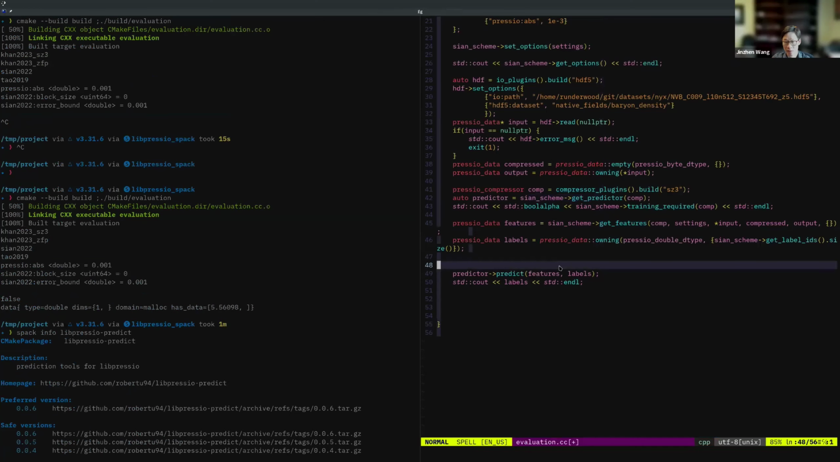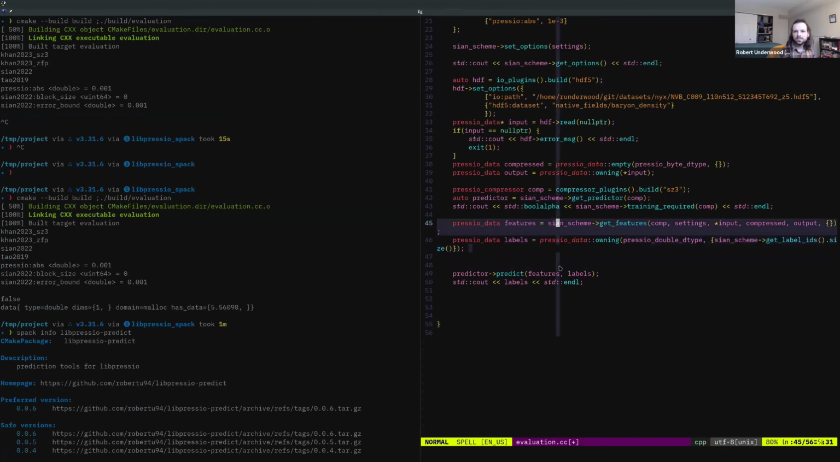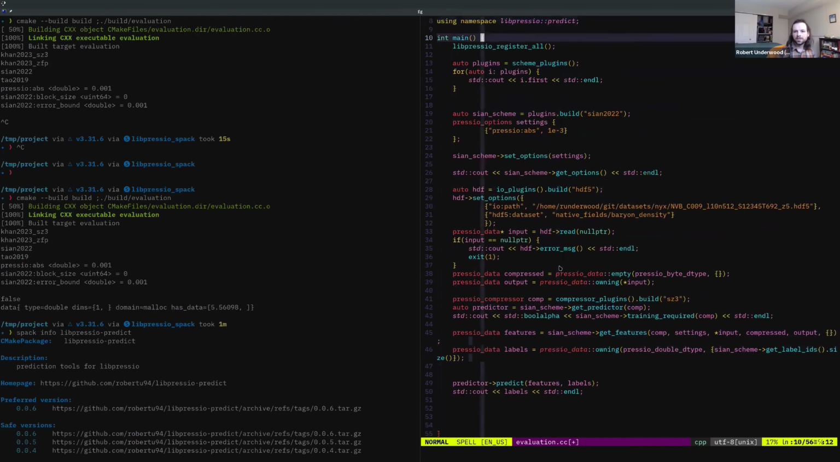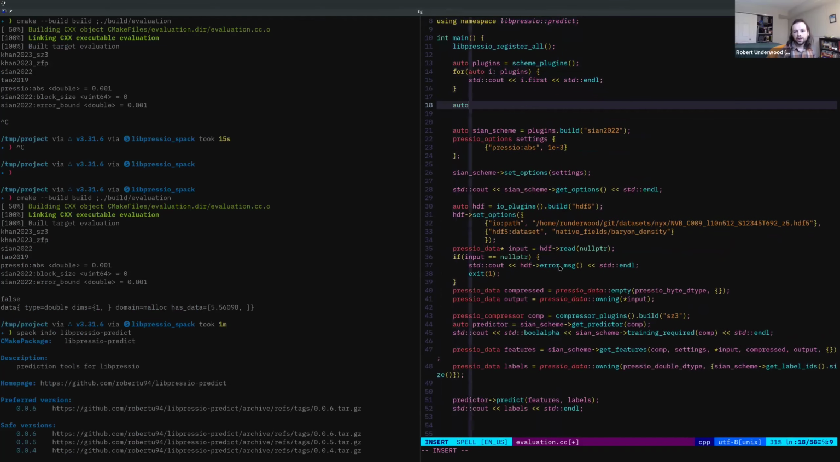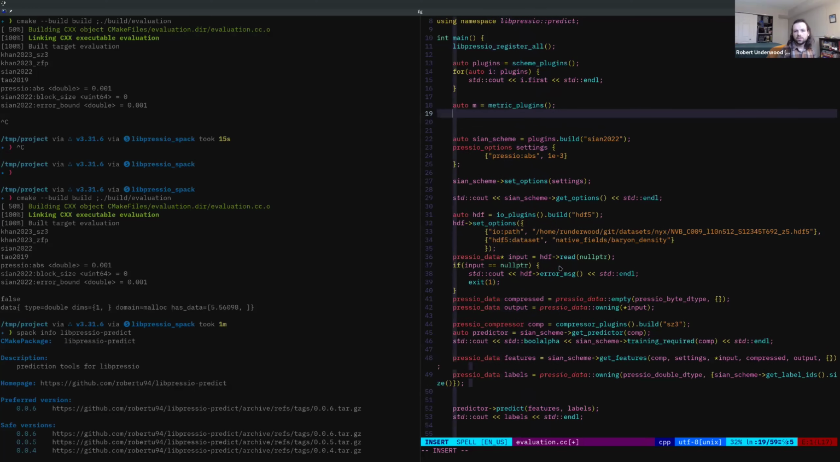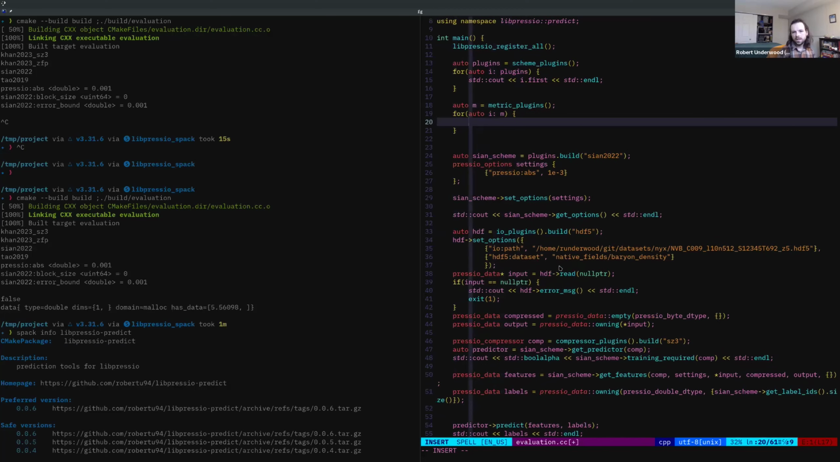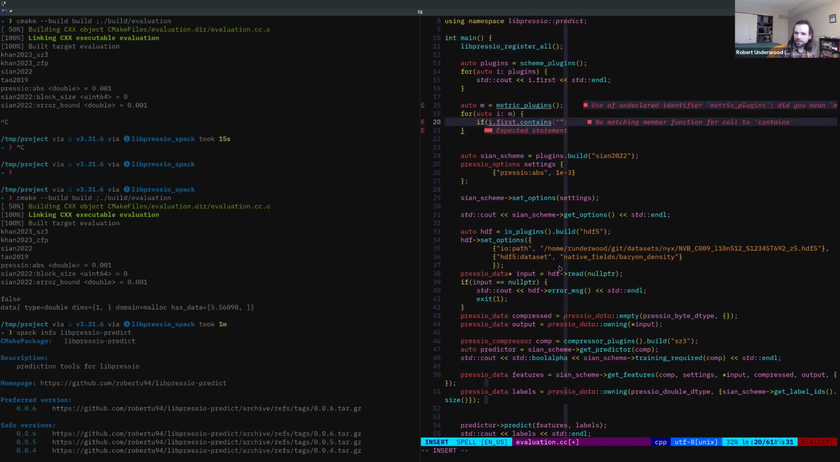So if we're going to come up here, auto m equals metrics plugins, for auto i in m, if i dot first contains